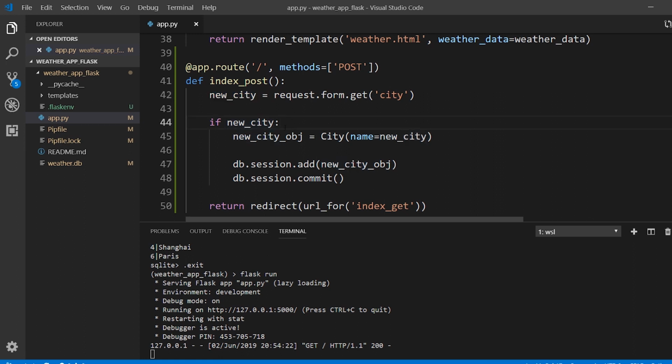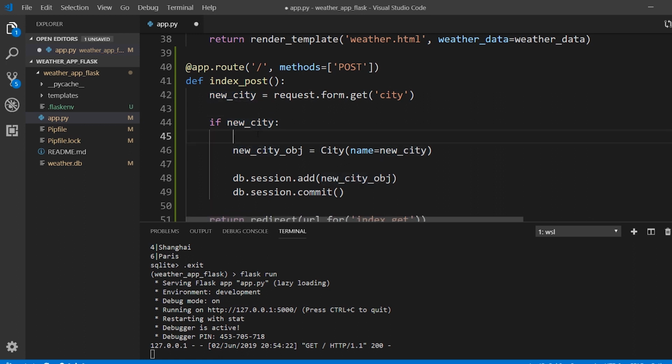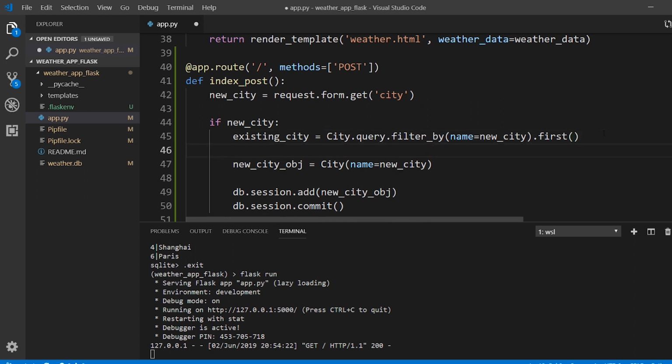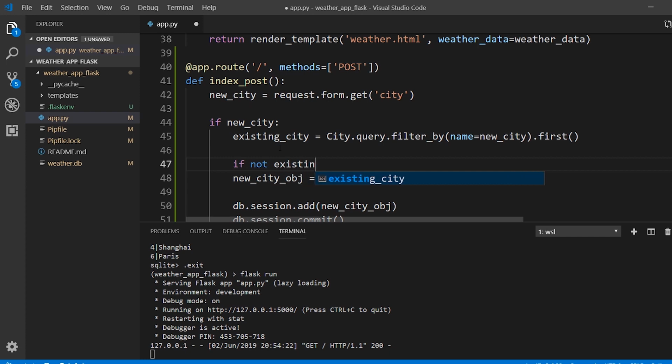So what I'll do is this part, inside of the if statement, so this is checking to see if the user actually sent something. Then I'll say new city. So city dot query filter by name equals new city. So this is going to check to see if the new city is in the database. I want to get the first result if it exists. So let's call this existing city. So now if the city exists, then this existing city variable will have something in it. So if it does have something in it, then I don't want to do anything. And I'll say if not existing city,